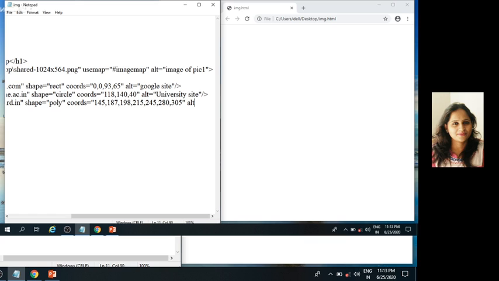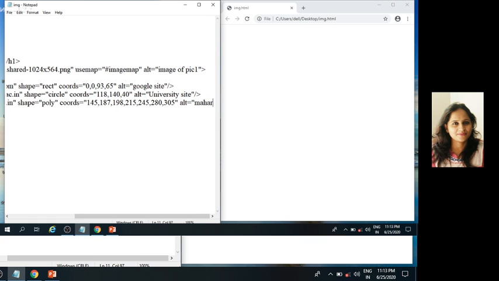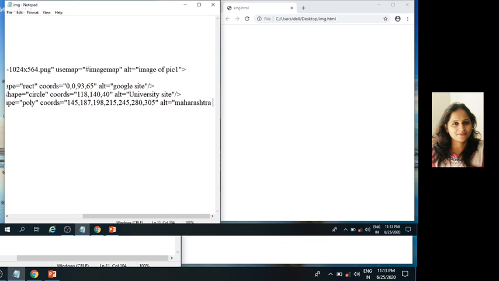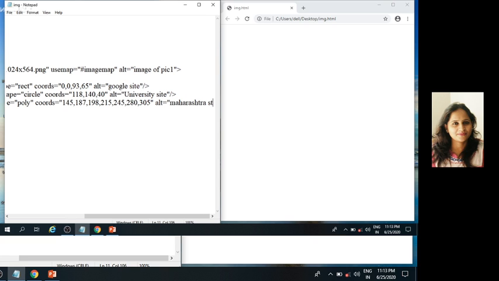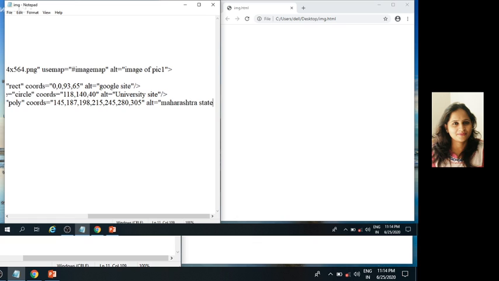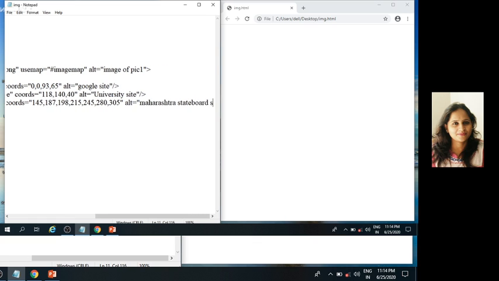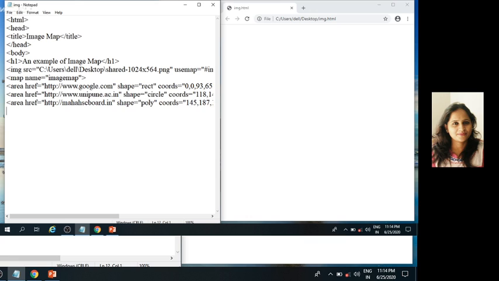Alt is equal to Maharashtra State Board site. Here we define poly shape for the Maharashtra State Board site.